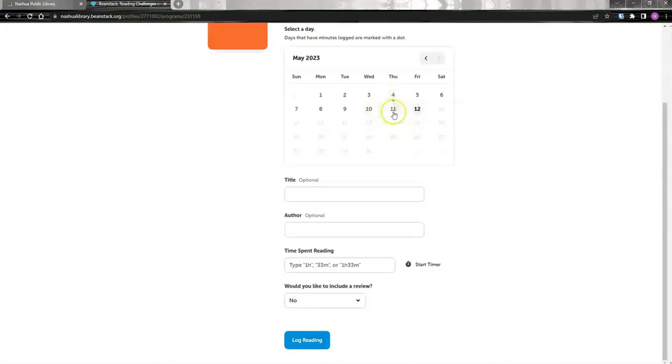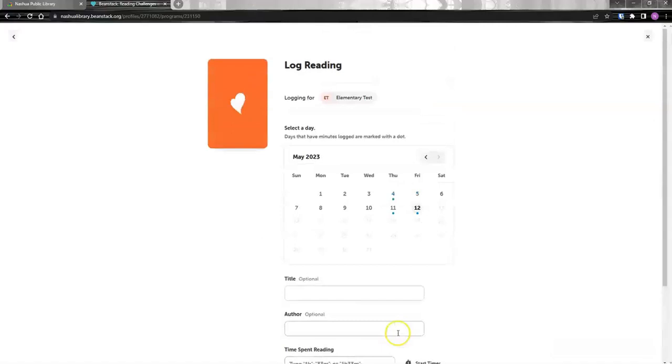So if I wanted to choose a different day to log some reading, I click on that day and I can enter in 1 hour and 15 minutes by typing 1H15M. Then hit Log Reading and it'll enter it. For every day that you log reading, a little blue dot will show up under that date on the calendar. You can add your time all together at the end of the week or after each time that you read. Just make sure that you click on the day that you want to log for and put in the time